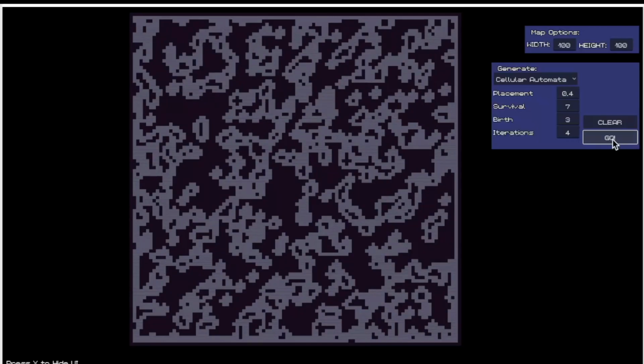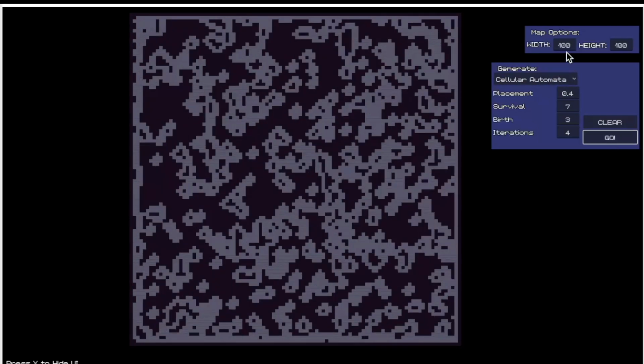As you can see, CA, or cellular automata, produce very natural looking structures, smooth caves, clustered regions, and flowing boundaries. This approach works especially well for things like cave systems, forests, bacterial growth, city sprawl, or any system where you want emergent structure rather than rigid geometry. It pairs particularly well with the noise-based methods, where noise defines large-scale structure and CA refines it into something that feels alive. Just for a quick mention, I'm going to bring the map size back down to something like 30